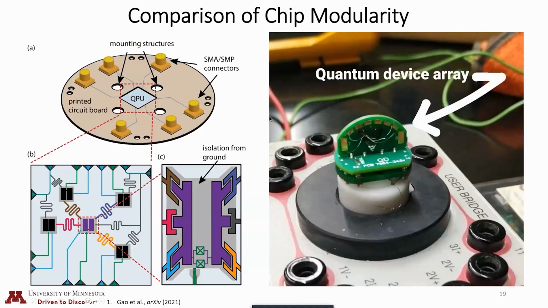And then there's an example here of the quantum device array being hooked up to, or wire bonded to, a PCB. So again, this is about the modularity. There are some pinouts here, and then you can exchange this out with another PCB that has wire bonded chips. And then what happens is you can plug these banana plugs or banana